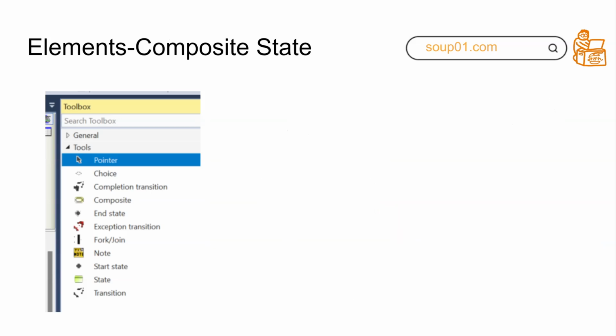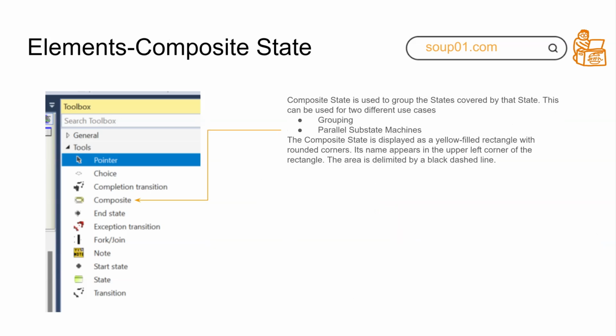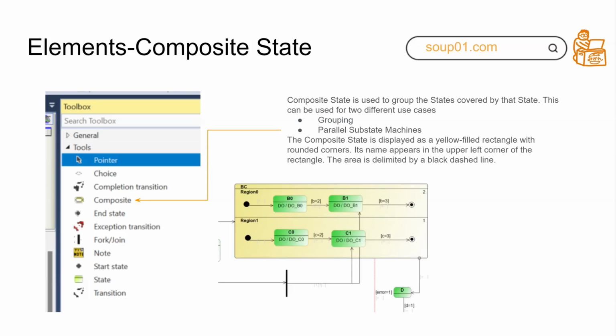Now we have a composite status. It is used to group several statuses into one big status. As I told you before, it has 2 types. It allows you to do a grouping or a parallel substatus machine. And here you can see the yellow filled rectangle with a round corner. So here you can see a round corner here. And in this example, you can see a region in a composite